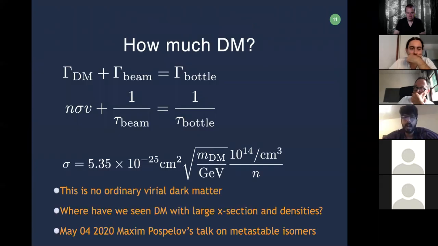Okay. How much dark matter would we need? You just saw this equation. There is an effective rate for dark matter scattering, and then there is a rate for the beam, and you want to sum them and call that the rate for the bottle. So you have n sigma v plus 1 over the lifetime as measured by the beam is 1 over the lifetime as measured by the bottle. If you crunch some numbers, the cross sections you would need are gigantic. We're talking about 10 to the minus 25 centimeter squared, abysmally large, and number densities